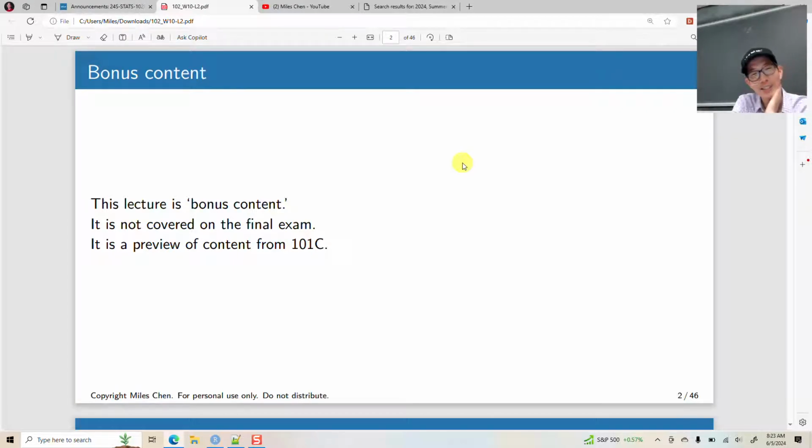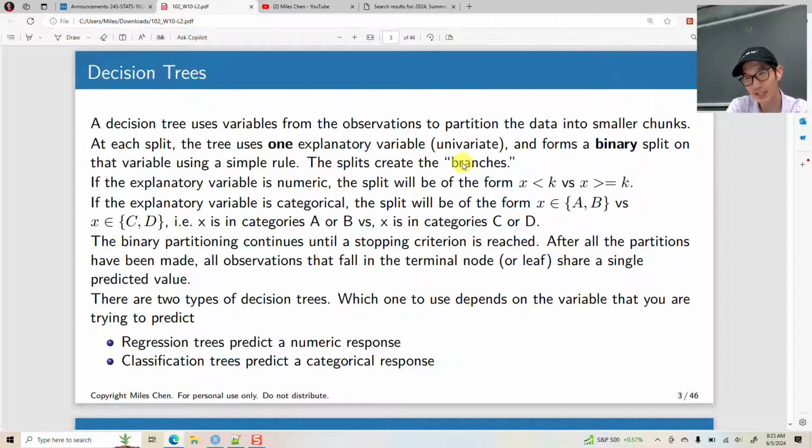It happens. Okay. So if you take 101C with me, I will cover different machine learning topics, but definitely from a practical standpoint, and get less into the algorithms like we did in this class. So we'll take a look at modeling our data with, say, R and tidy models and things like that. Okay, so a decision tree basically